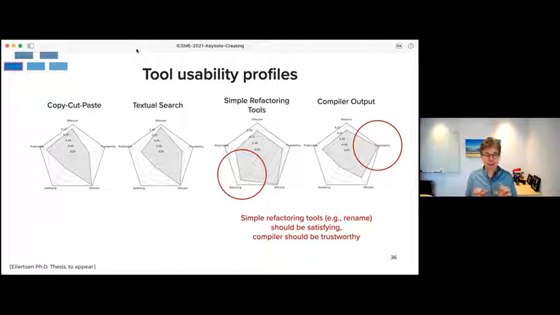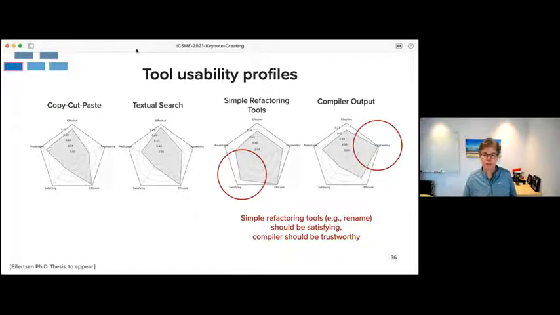That's kind of reassuring because I think we all expect our compilers to be trustworthy. If you look at the one second from the right, simple refactoring tools, they're not quite as concerned about them being trustworthy, but they really want them to be efficient. And they want them to be more satisfying in their use than was true for copy, cut and paste, and